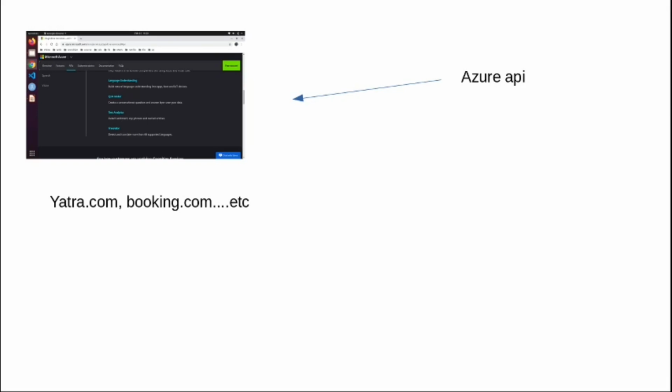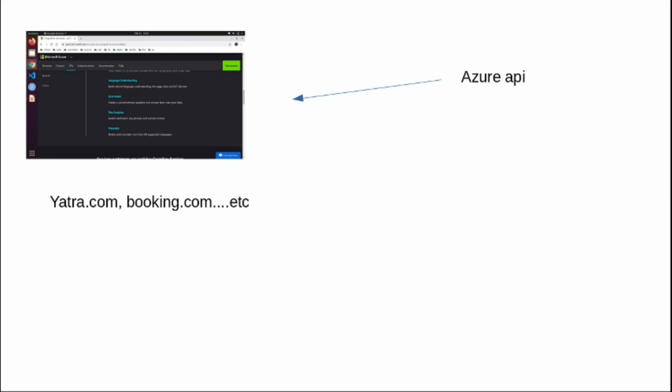If you want to do text analytics, there is an API available for that. For different tasks, an API is available in Azure. Similarly for Google Cloud and Amazon Web Services.